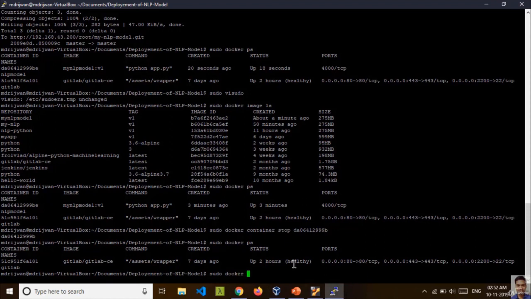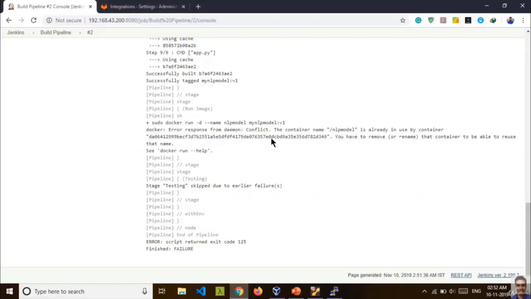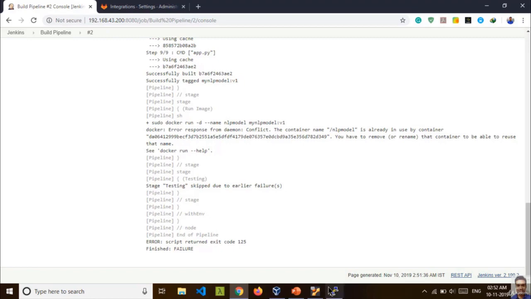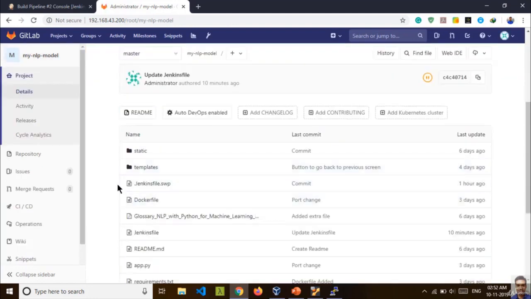So sudo docker remove container, remove this. So okay, the container name is already in use by a container. You have to remove the container to be able to reuse it. So just try to run this. We will try to run from here. Okay,